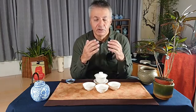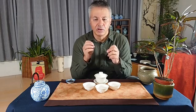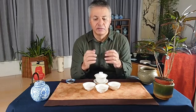So in the early 2000s there were lots of meetings between the farmers of Dongding and the farmers from Hsinchu who produce Oriental Beauty. Actually, one of my Oriental Beauty suppliers was one of these instructors who went to Dongding, and they really gave them the idea, told them how to make sure that these little green insects that are biting the leaves of Oriental Beauty in the summer and fall would also be there in Dongding, in Lugu, in this larger region, so that they would also be able to make a more interesting tea in these warmer seasons, one that is bitten by these